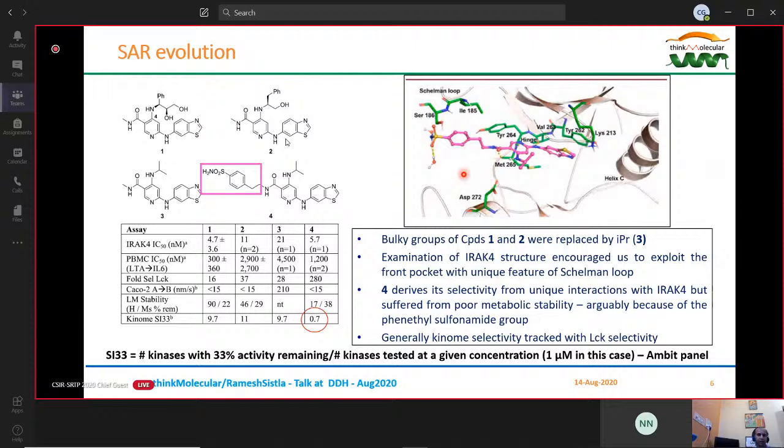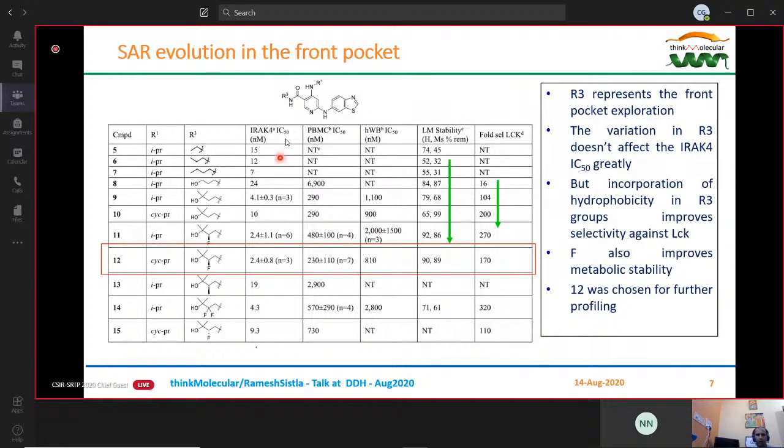So therefore, our next focus was to design for this front pocket and make compounds which replace the phenethyl sulfonamide. Okay. I'm on slide number 7 now, which shows an SAR table of the replacement of the phenethyl sulfonamide. As you can see here, we actually got rid of the phenethyl sulfonamide, and we systematically went about